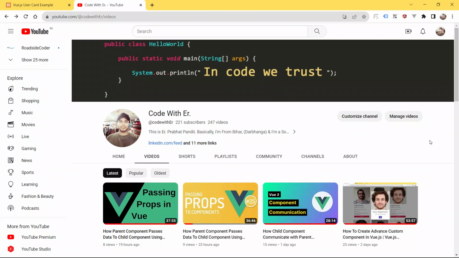I have already covered how to define complex props in my previous video as well. So if you have not watched that video, I recommend you go and watch my previous video first, and only then will you have some basic understanding of what a props is, how to define a props, and how a parent component uses the props to send information to the child component. Now let's get started and let's learn.